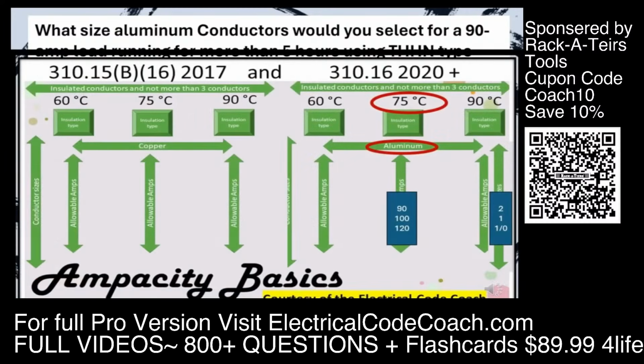We head to our primary ampacity table, but this time we have to be careful because they are wanting aluminum conductors. So we're actually going to start on the right-hand side of this table. We're in the 75° C column. We come down and we find a wire that meets or exceeds